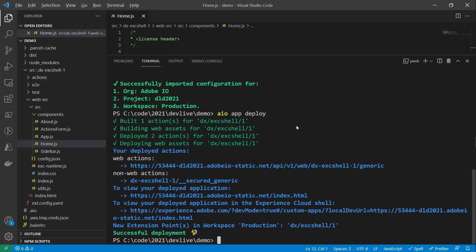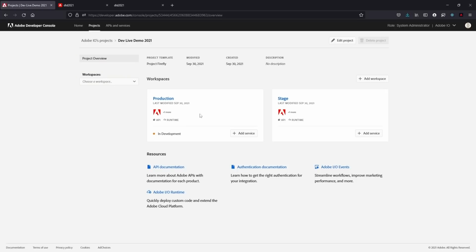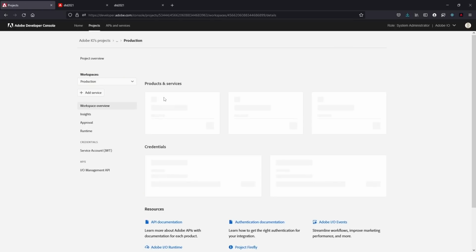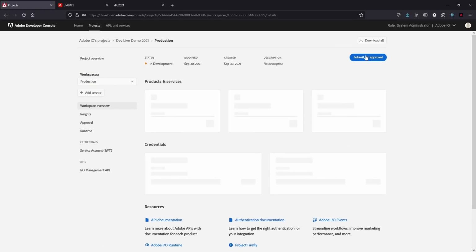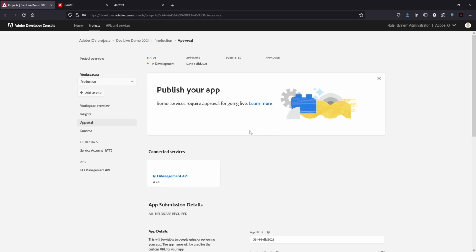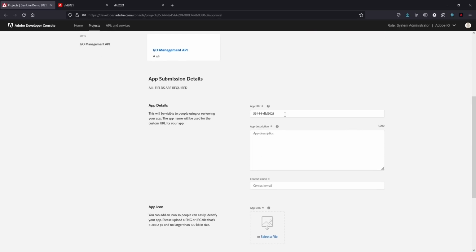Now what we can do is go back to the developer console. Now we're going to go into the production workspace, and then I'm going to submit this for approval. I gave it an app title, and then we'll put in my email.